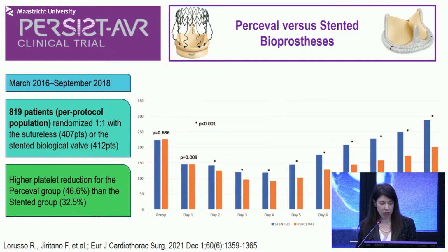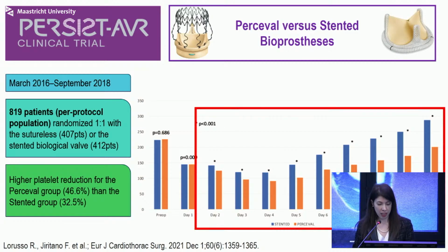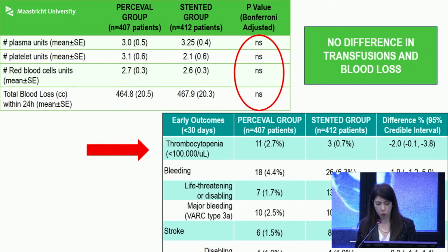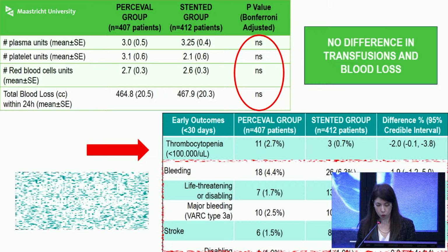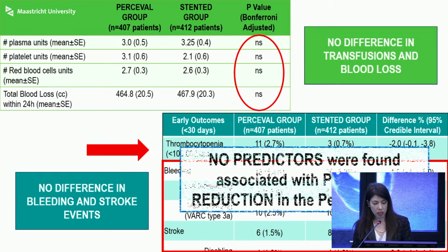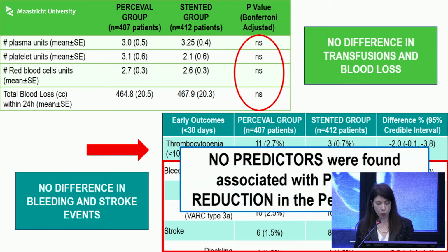We observed that a higher platelet reduction was shown for the Perceval group compared to the stented group. The minimum platelet count was found on the 4th day after the surgery. However, we didn't find any difference between the groups considering the blood transfusion and the postoperative blood loss. Thrombocytopenia was present in the Perceval group with a percentage higher than the control group. However, no difference in bleeding and stroke events was found, and no predictors were found associated with platelet reduction in